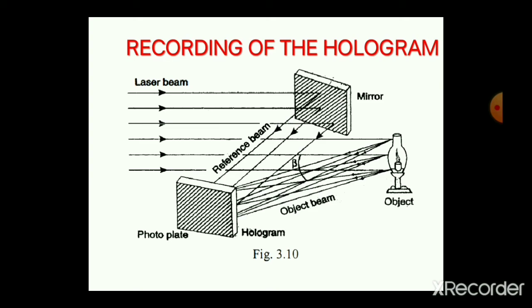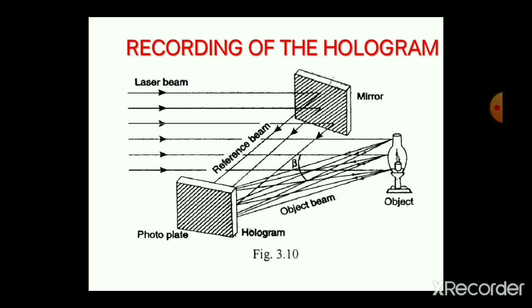Each point of the object scatters the incident light and acts as the source of the spherical waves. Part of the light scattered by the object travels towards the photographic plate. At the photographic plate, the innumerable spherical waves from the object combine with the plane light waves from the reference beam. The sets of light waves are coherent because they are from the same laser source. They interfere and form interference fringes on the plane of the photographic plate.